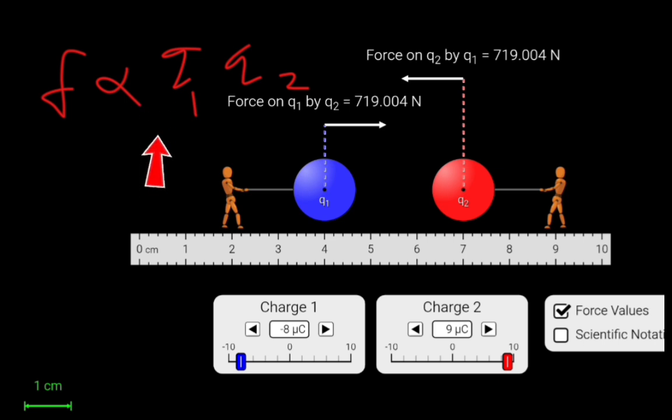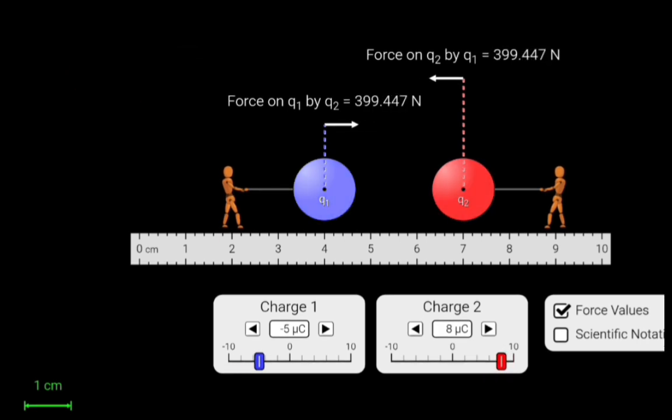of the charges. What that means is that as the quantity of charge on a charged body is increased, provided the distance is constant, the force of interaction, the force they exert on each other, is also going to increase. Okay, so I return these charges to 8 microcoulombs and minus 6 microcoulombs. Okay, another